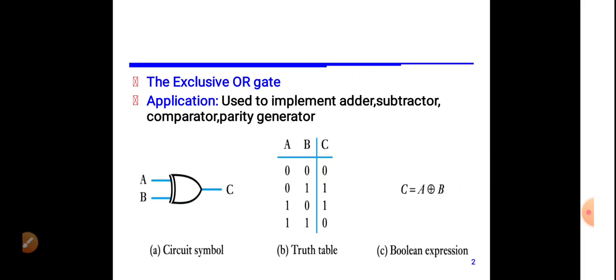The next type of gate is the exclusive OR gate. Here, the exclusive OR gate is a special type of gate, and we can use the XOR gate in many applications in our day-to-day life. Just after completion of the truth table and this description, I'll tell you one simple example for this XOR gate. So the first figure shows the exclusive OR gate.